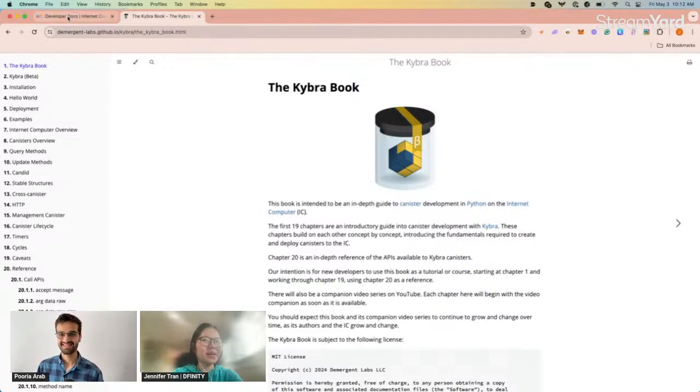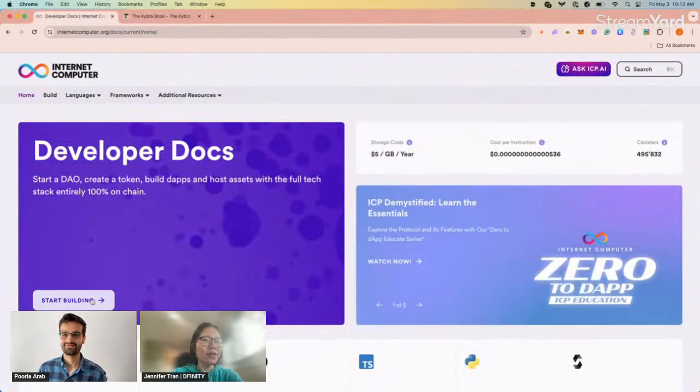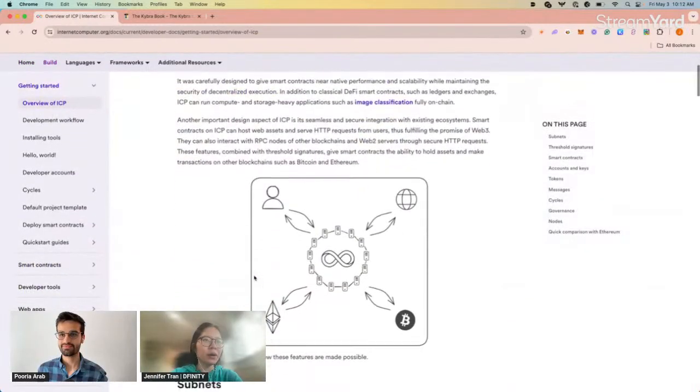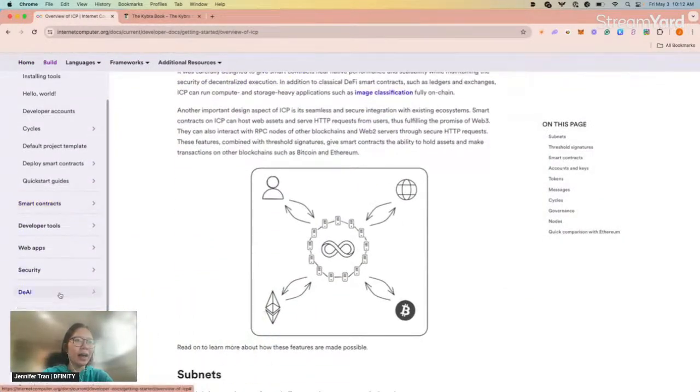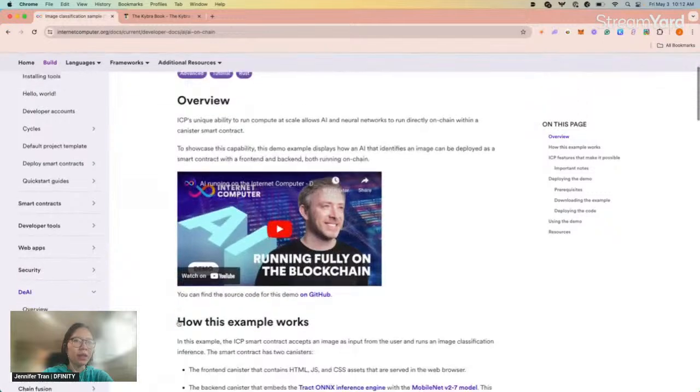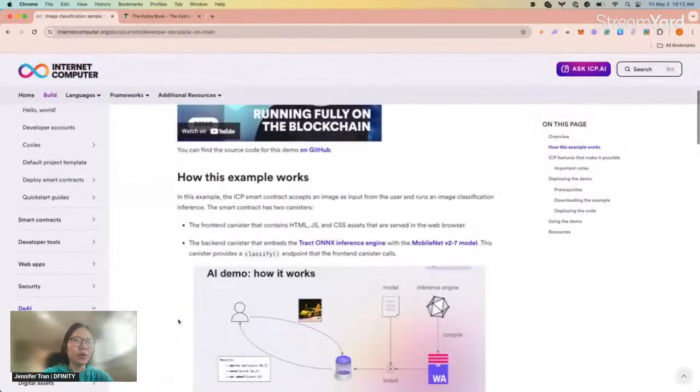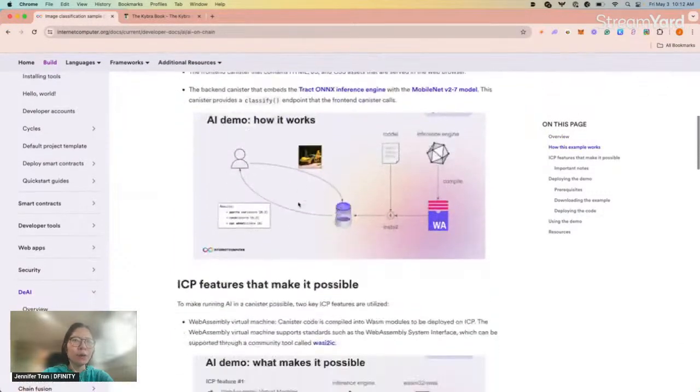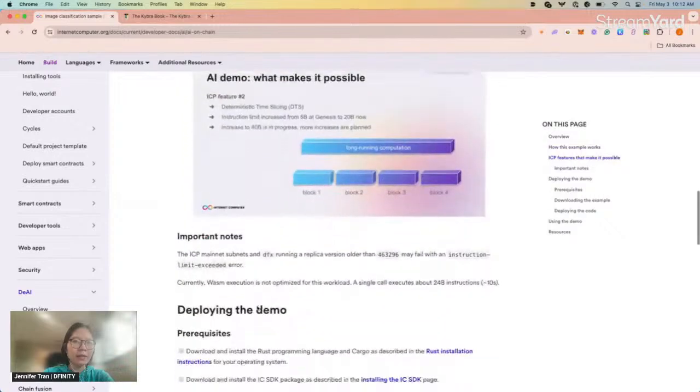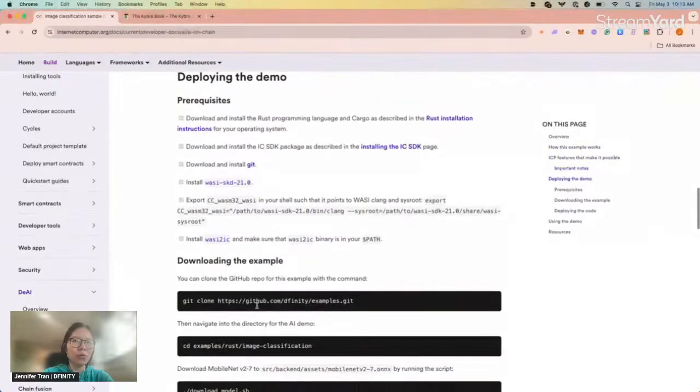All right. Awesome. So I'll just go back to the DAI example, the image classification example. You can find the full source code on GitHub. But yes, I will be able to just go through this.